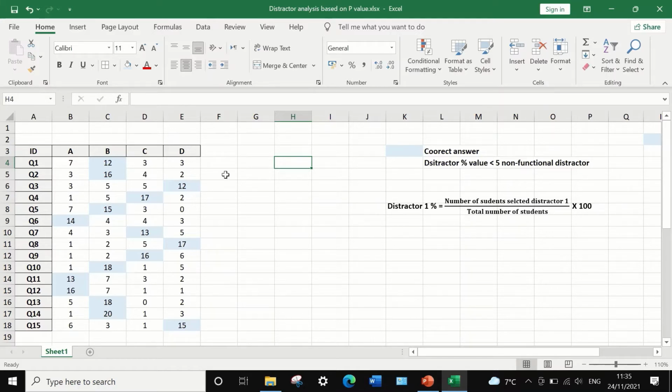And the way to do that, I'm going to type here